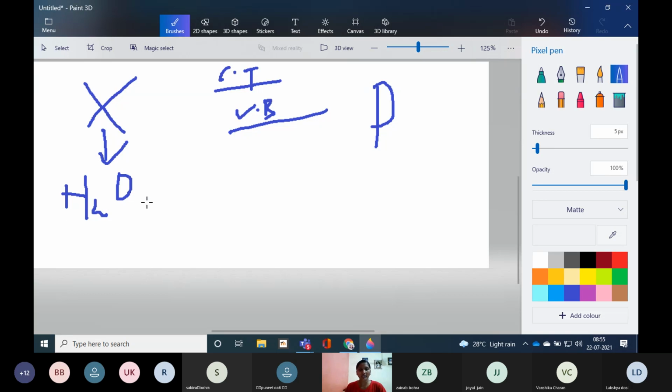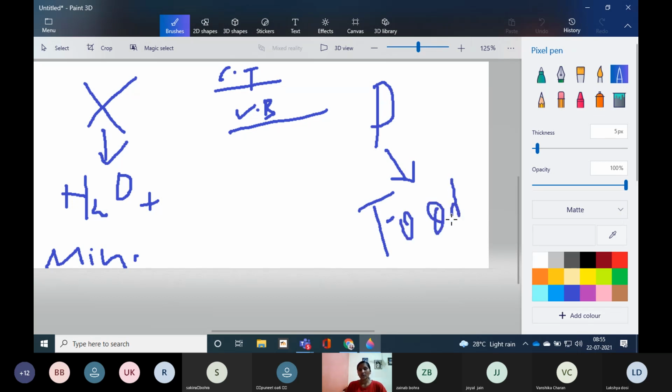Now xylem conducts water and one more thing I said, what is that? Minerals. Water and minerals are conducted by xylem. And what does phloem do? It conducts food material. Phloem conducts food inside the body. So here in this paragraph, we have studied this much. Food is stored in the form of glucose. So this glucose first converts itself to what? Starch. Starch is an insoluble molecule.